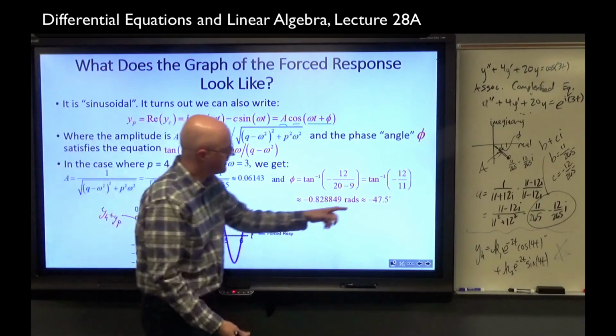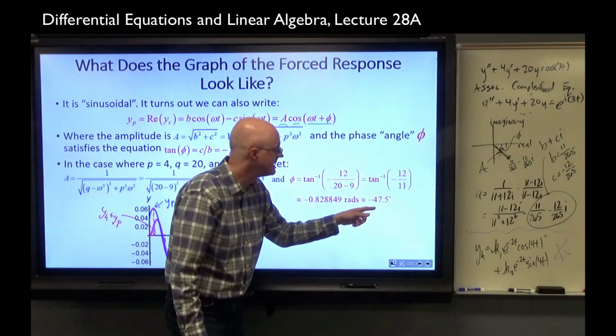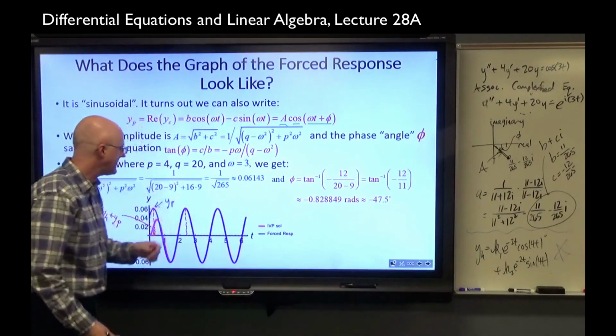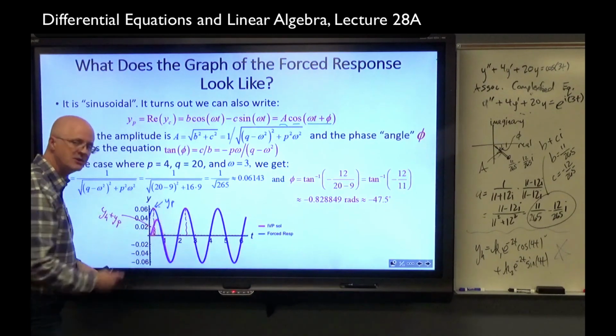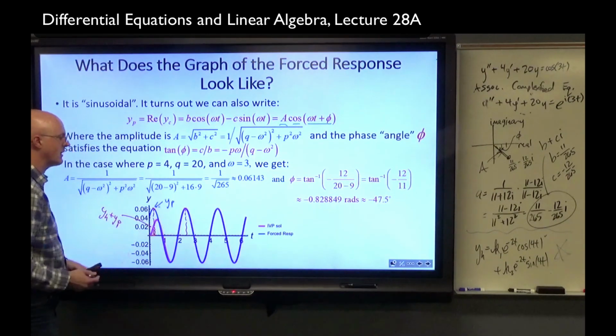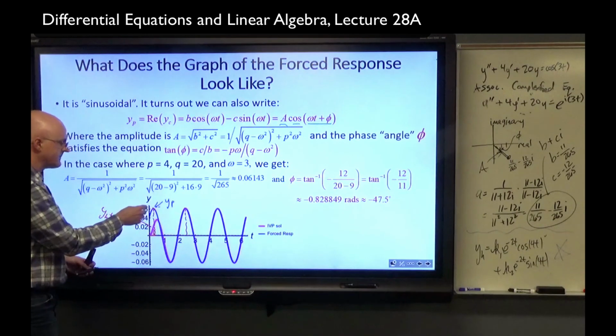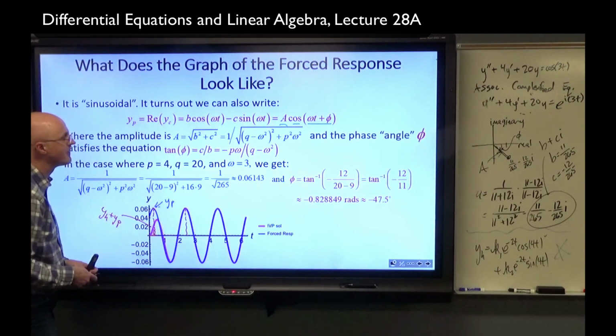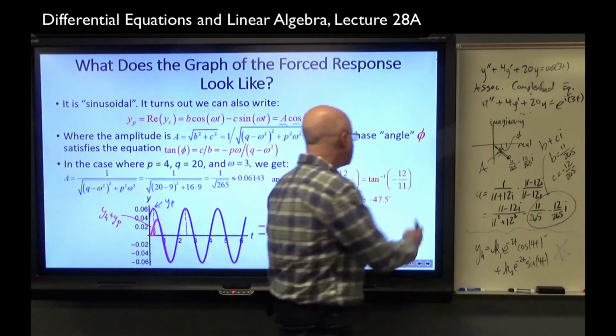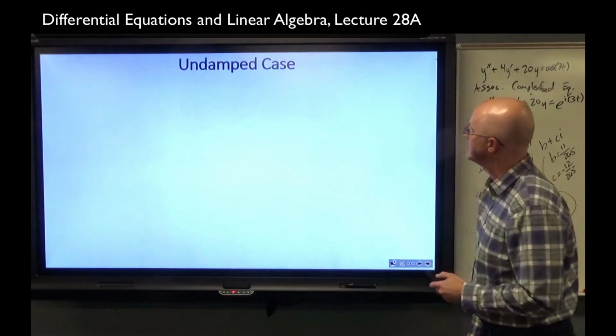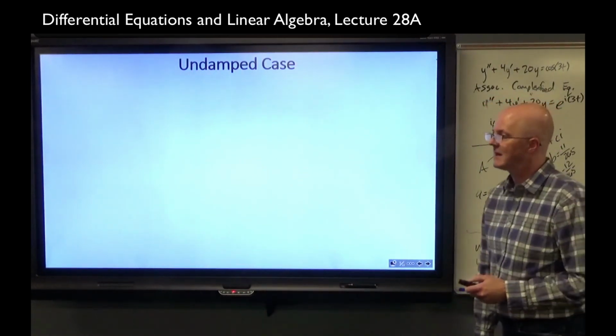A little bit bigger because this is not exactly negative 45 degrees. It's a little bit bigger than 1/8 of a period of a translation to the right from the regular cosine graph, whose peak starts at t equals 0. So the phase angle can help you understand the horizontal shift. That's the point. All right, for the rest of the class, the rest of this video, we're going to look